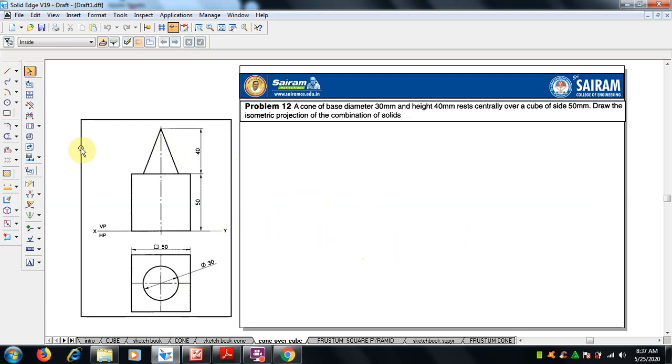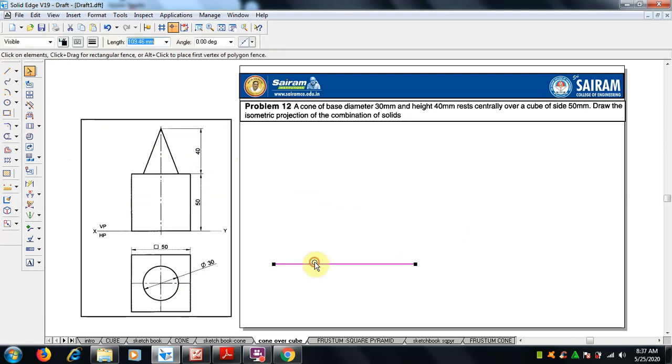You can draw separately, individually. As I said, first draw a line. Let me draw the cube first. How to draw? From here, the size is 50 mm.